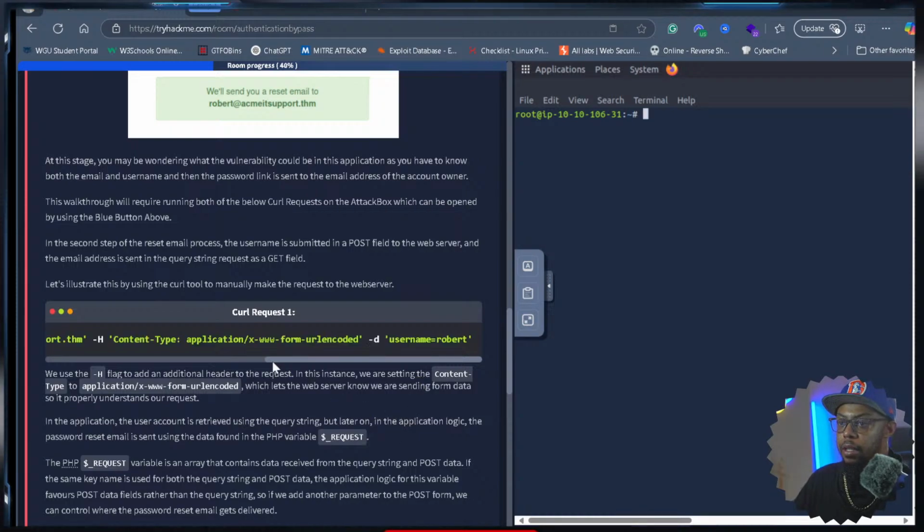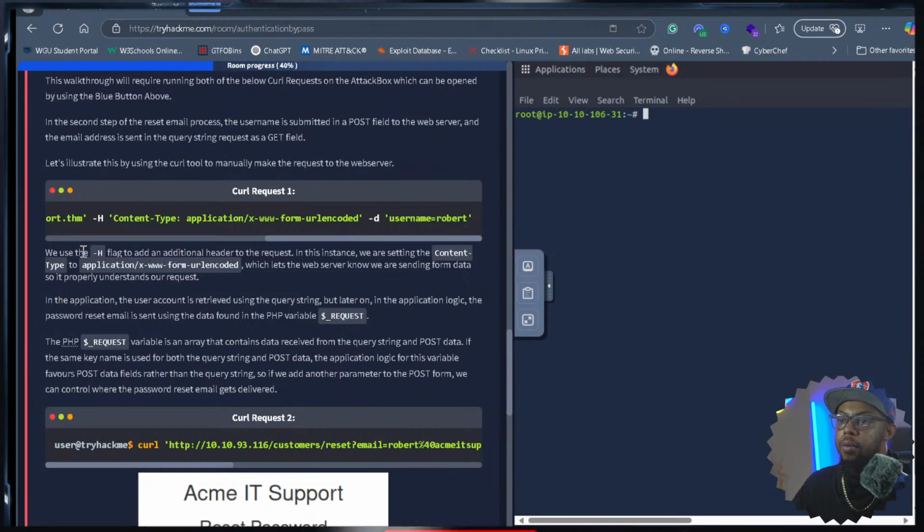All right. So let's see. We use the H flag for additional header to request. In this instance, we are setting the content type to application slash x-www-form-urlencoded. Okay, we see that right here, which lets the web server know we are sending form data, so it properly understands our request. In the application, the user account is retrieved using the query string, but later on in the application logic, the password reset email is sent using the data found in the PHP variable